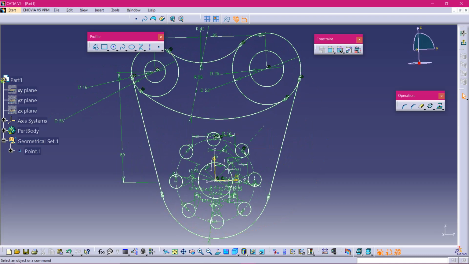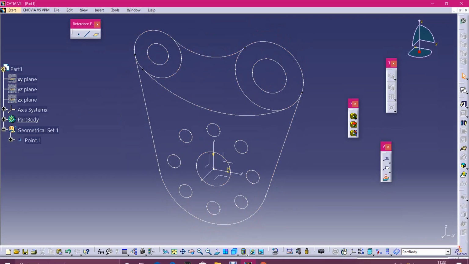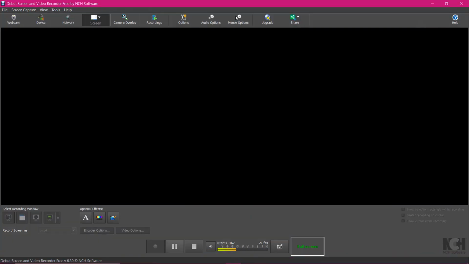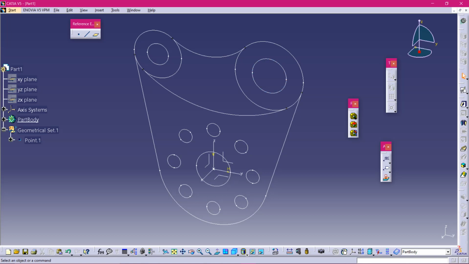The next video will be more interesting. So I'll show a demo, let me introduce you to part designing. So let's pad it. Use some surface based features, sketch based features.